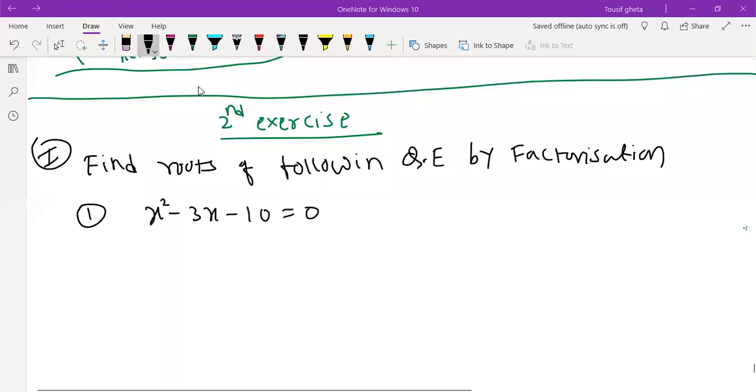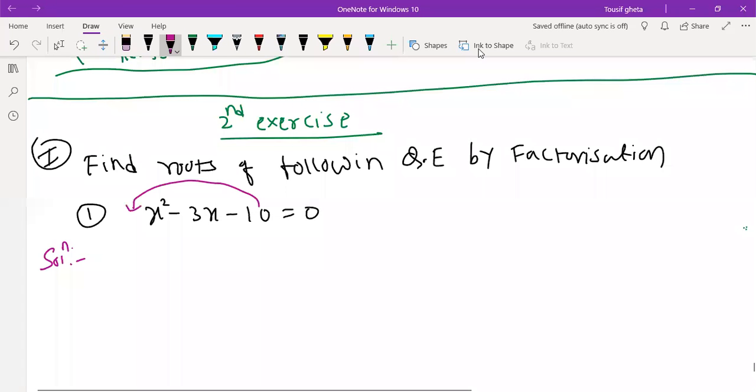You can send the answer in the app directly if you got it. First, multiply minus 10 ones are minus 10. The coefficient of x squared is 1. So minus 10 ones are minus 10. Right, the first step is that. Now take the table. Decide two numbers which will give you minus 10 if you multiply.